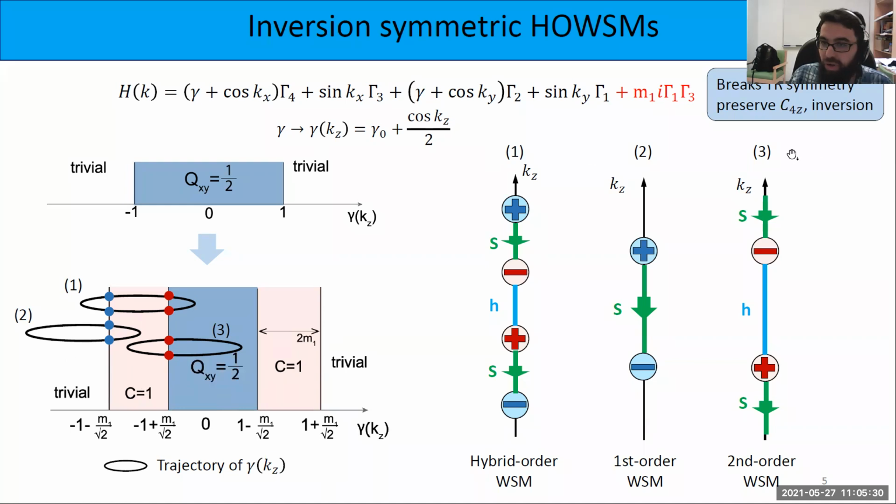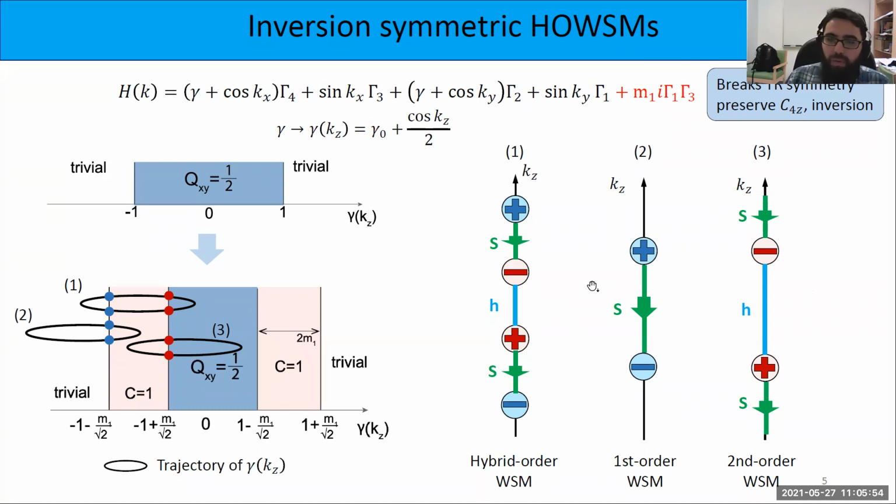And these three different configurations are like this. So hybrid order, which basically means that you can have a pair of first order Weyl nodes coexisting with a pair of second order Weyl nodes. The other one is that you can just simply gap out these two and get the regular first order Weyl semimetal, or you can gap out these two first order nodes and just be left with only second order